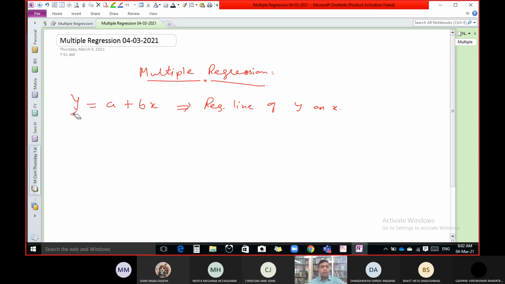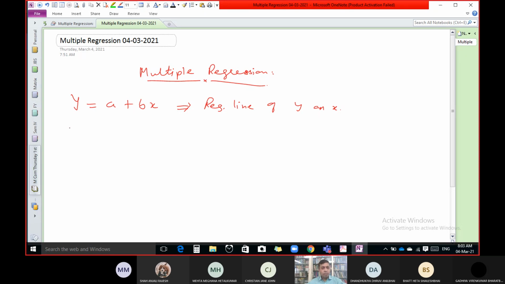Now here, what is the disadvantage? Here only one variable is there. That means the price depends on time only. That is our assumption here. But we know that for price a number of factors are there. If you want to estimate the yield of a crop, then the yield depends on a number of factors like availability of water supply, fertility of the land, use of fertilizer. There are a number of factors which influence the yield of a crop.